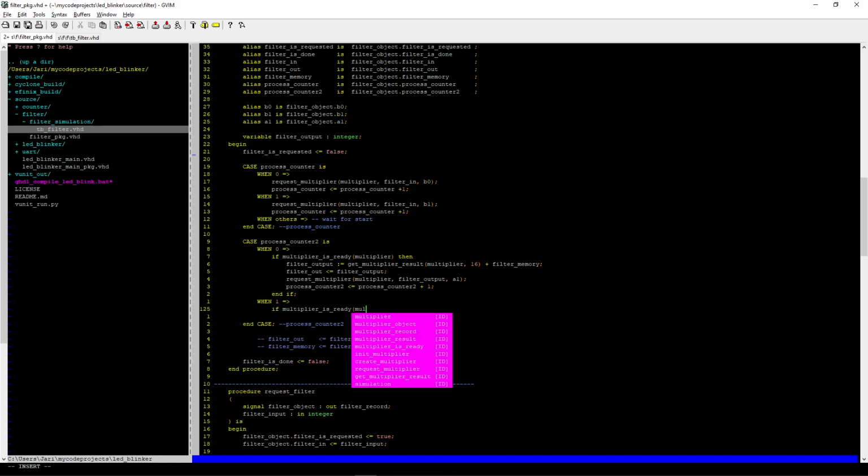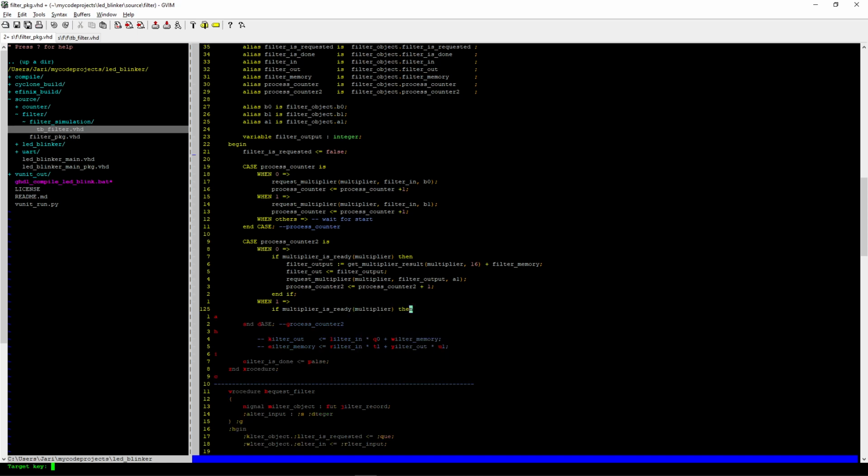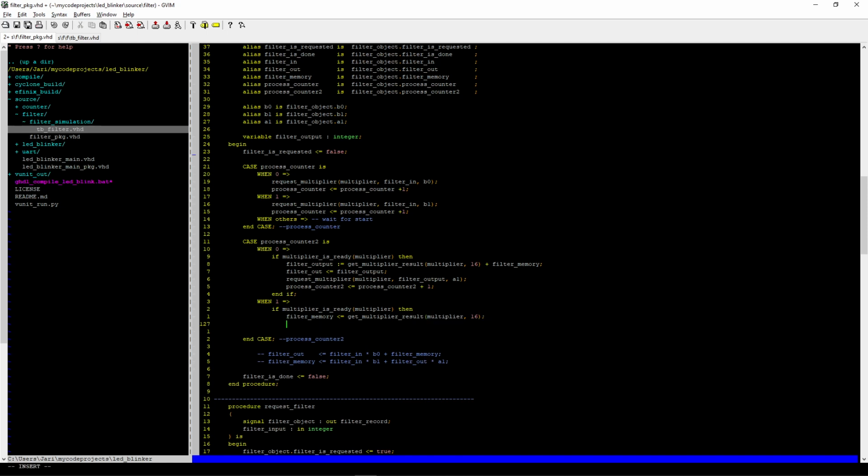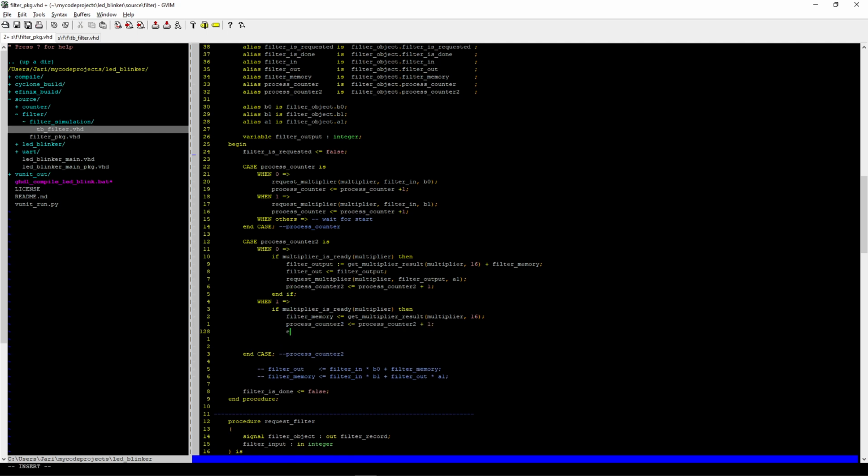is the second part of this. So basically it is this filter in multiplied by b1. So what we do here is we actually just put the filter memory and put the filter in actually the multiplier result. So get multiplier result, again radix 16, and we will in fact increment the process counter again,